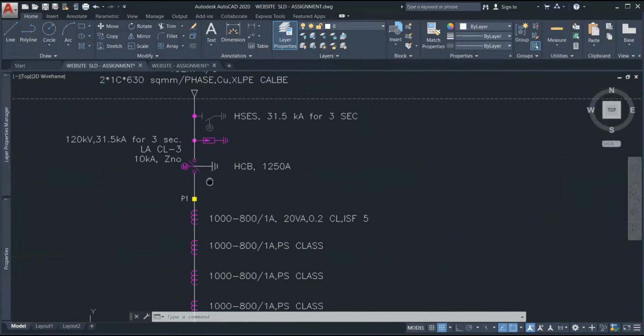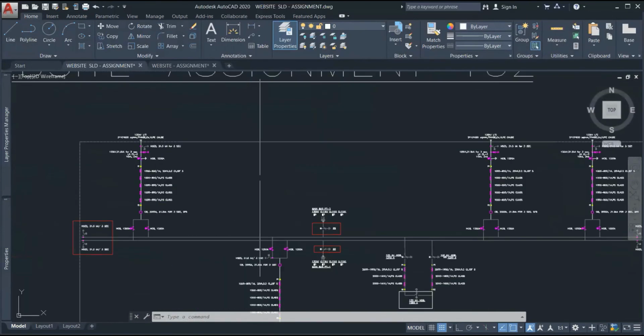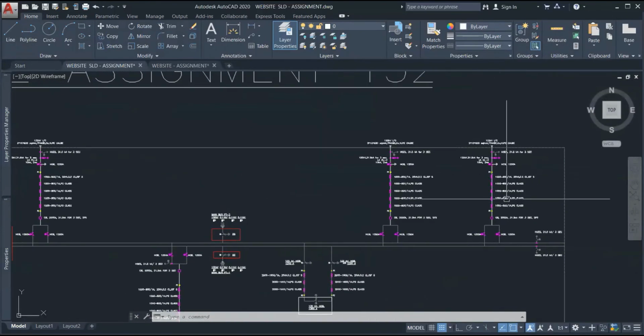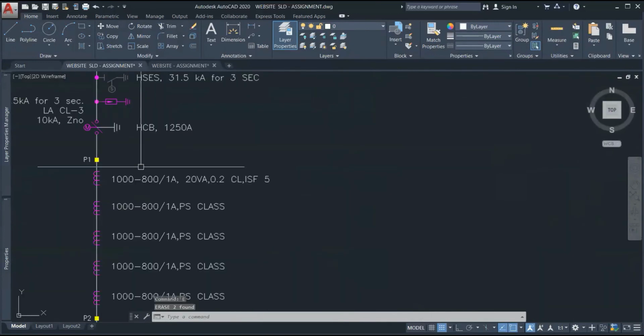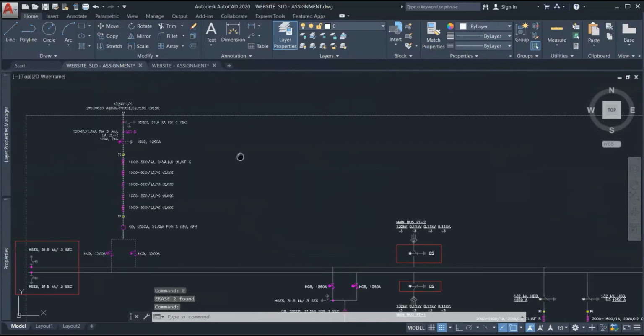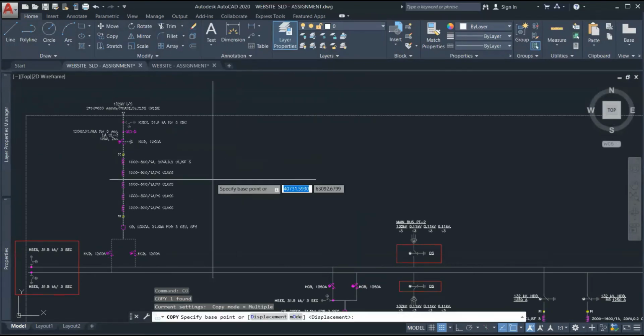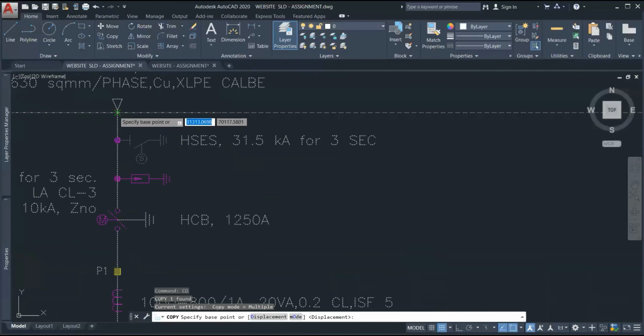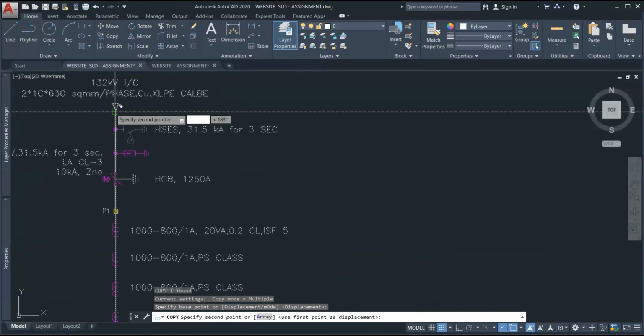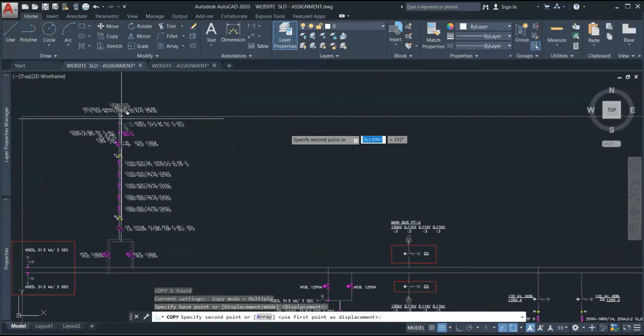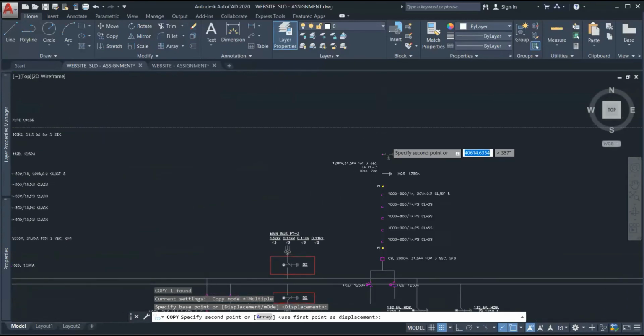So if I want to copy this object, let's first erase this. Just press on the object, press copy, CO, enter, pick up the point, and place it.